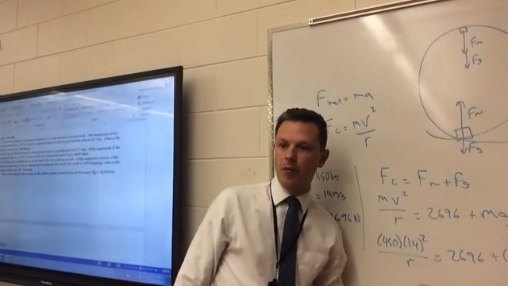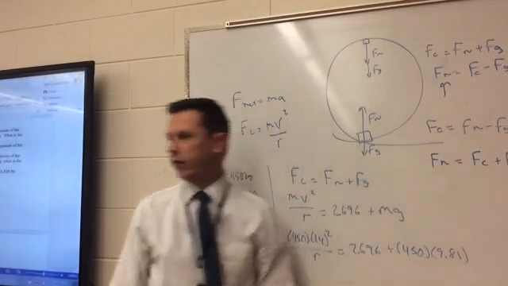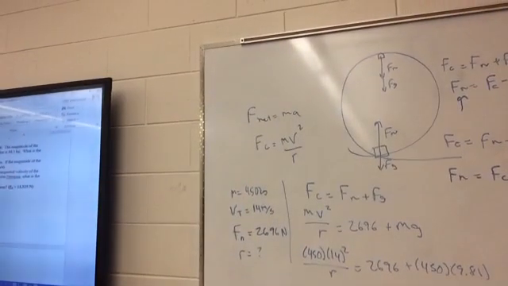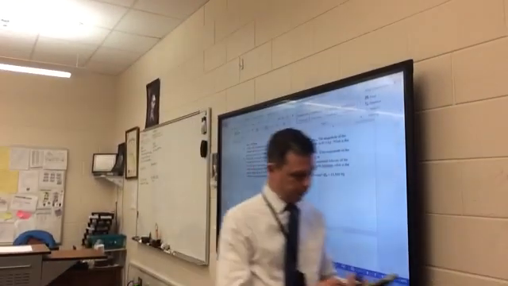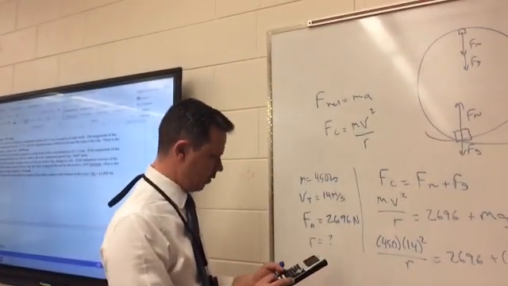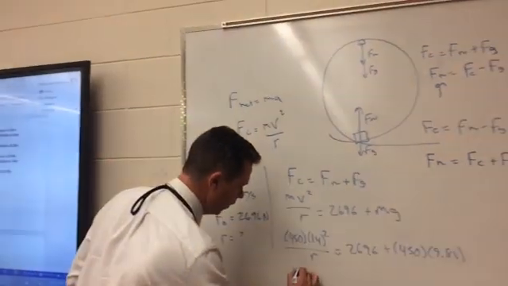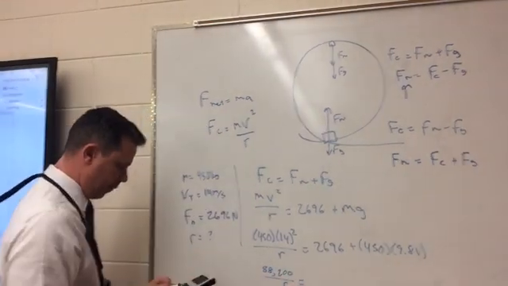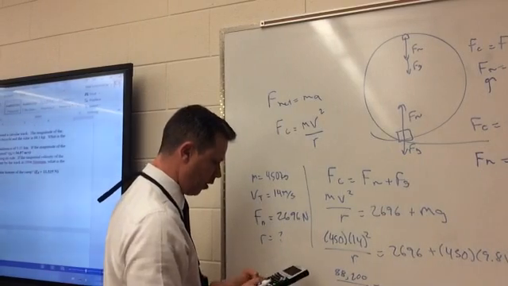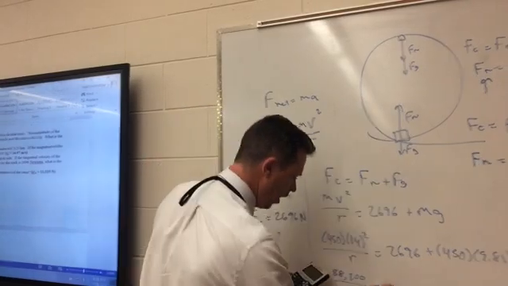So from here, you can see we're only missing one variable. From there, it's just algebra, and you can solve for the missing value, okay? So let's do that real quick. I'll grab my calculator. We've got 14 squared times 450, and I've got 88,200 over r is equal to, and we've got 450 times 9.81, and then we're adding to it 2696, and I get